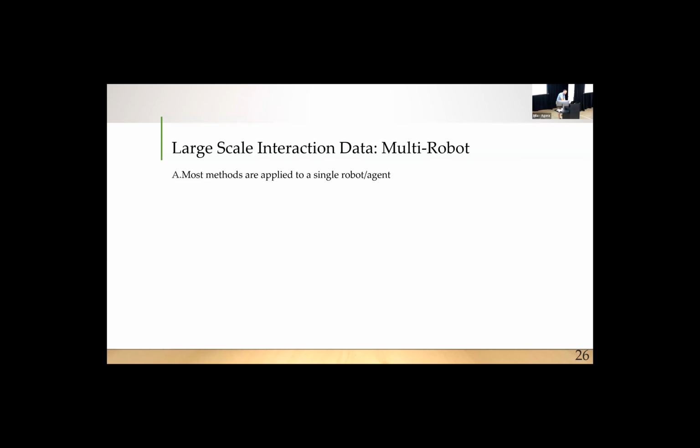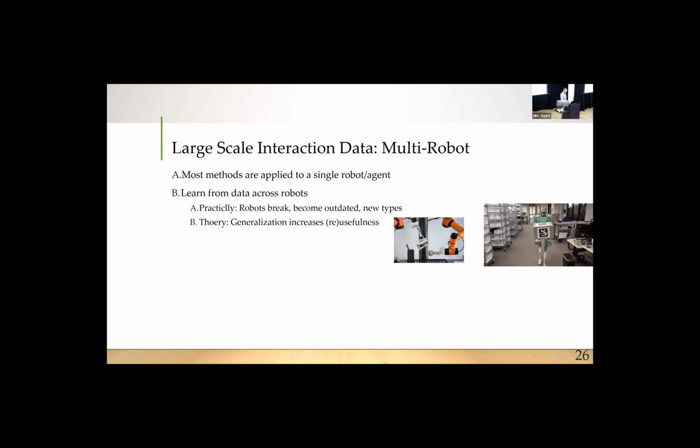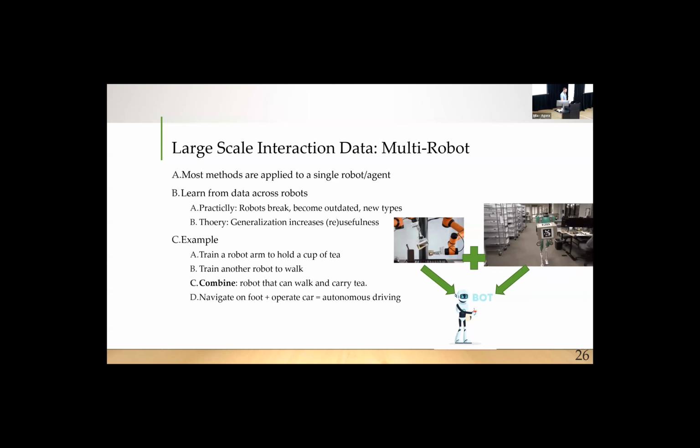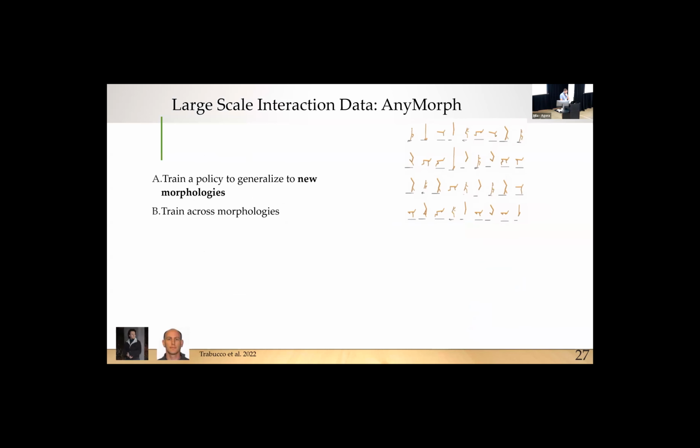Okay, so one of the last challenges is dealing with the problem that when you collect data on a robot, even in the one shown in here, it was on that specific robot. We'd like to be able to make better use of our data so that it's not specific to one individual robot. I'd like to be able to train a robot arm and then also train a different robot that can just walk around, glue those two policies together, and it should basically be able to learn from that. You've collected a lot of data on how to solve these different tasks. You shouldn't have to collect wholly new data on the combination of these two robots. So this is the next work that I'll talk about.